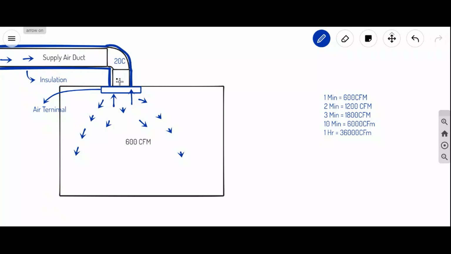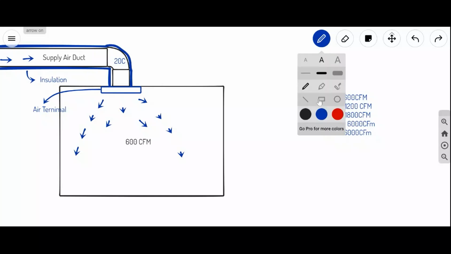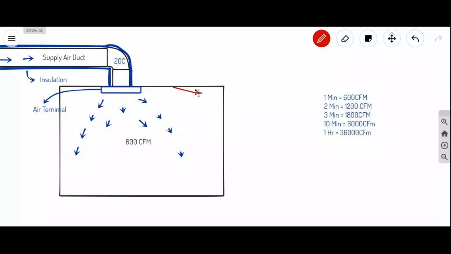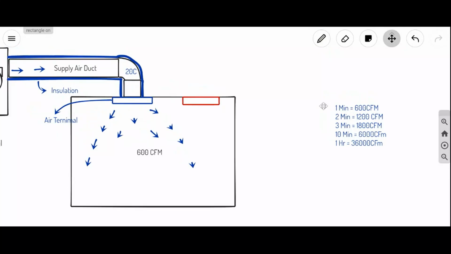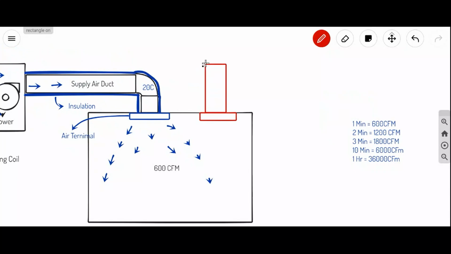First thing. Second thing, calculations are telling that we should not continuously add the air into the space. When you are adding the air into the space, we need to remove, that means we need to maintain 600 CFM there. So if you come to the second minute, on the second cycle, whenever the 600 CFM is entering in, you need to remove 600 CFM out,